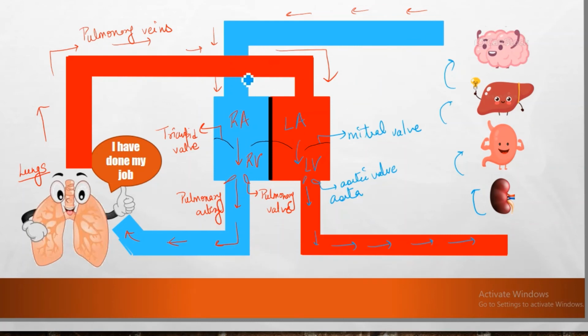And the cycle continues. So from this diagram alone, you can see that there are 4 chambers in the heart, there are 4 valves in the heart, and there are 2 septums in the heart. And the significance of the septum: in the whole pathway there is no mixing of the oxygenated and the deoxygenated blood. This shows the importance of the septum in the heart.